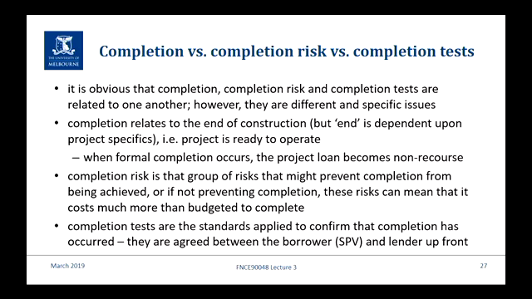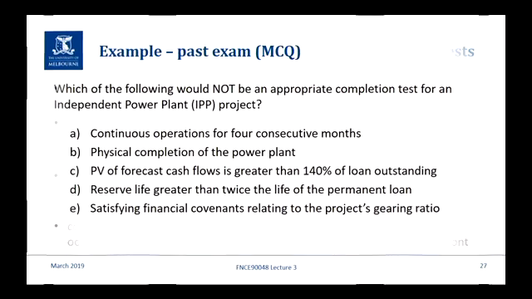So in the past, when it used to be just physical completion, as I've said, some lenders got burned because, wow, it looks fantastic, it's all finished, great, tick, it's now non-recourse. Then they push the button and nothing happens. Oops, it looked really good, but something stopped it from actually operating. So the lenders are saying, well, we're not going to take that risk, we're going to wait until you push the button and see what happens. And more to the point, when it all flows out and you start selling into the market, we're going to make sure you get the cash flows.